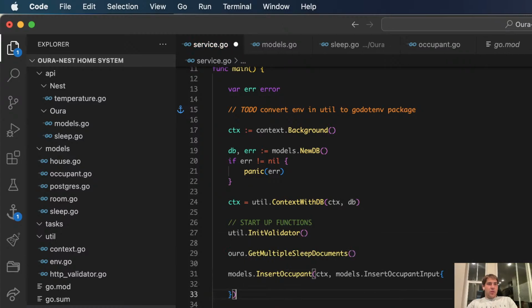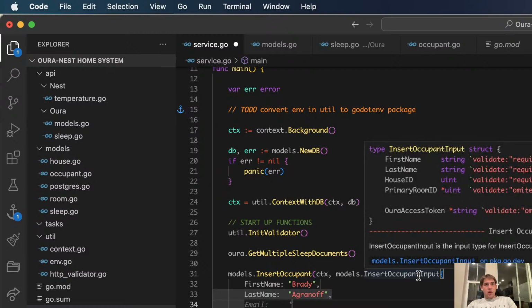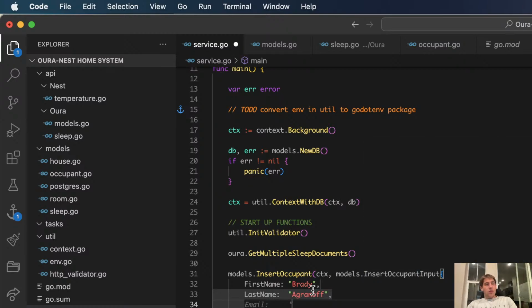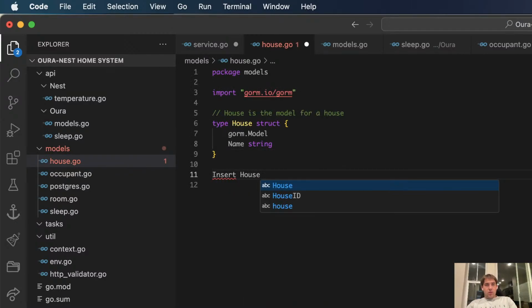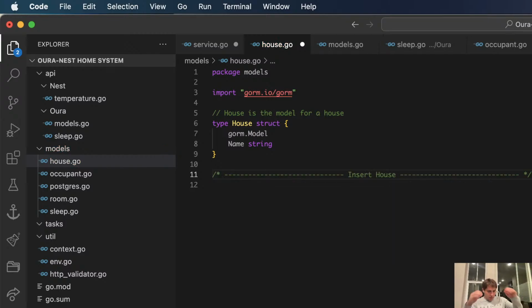I'm just gonna manually enter myself here. Name Brady. Let's see. I don't need an email. I need to do a house one too. So let's do that first. All right. I'm gonna be right back.